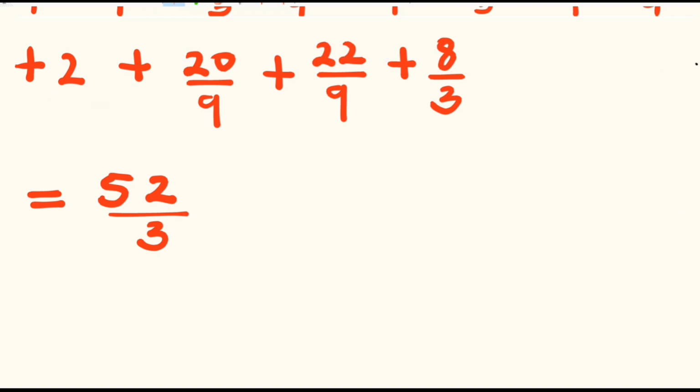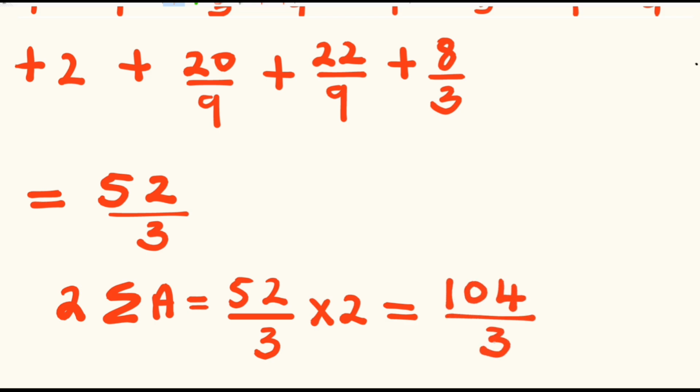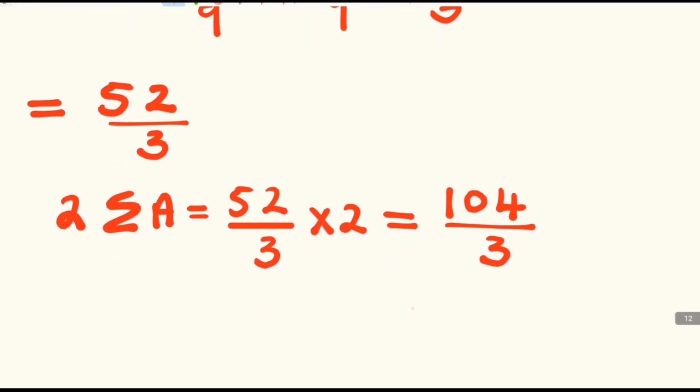So the sum of all of these areas, so we have 2 times the sum of the areas, so we'll have 52 divided by 3 multiplied by 2, and this will be equals to 52 multiplied by 2 is 104 divided by the 3, and our area will be equals to 104 divided by 3, which is equals to